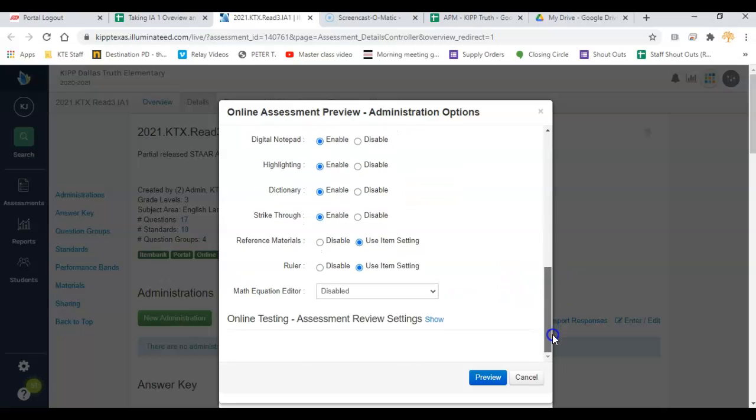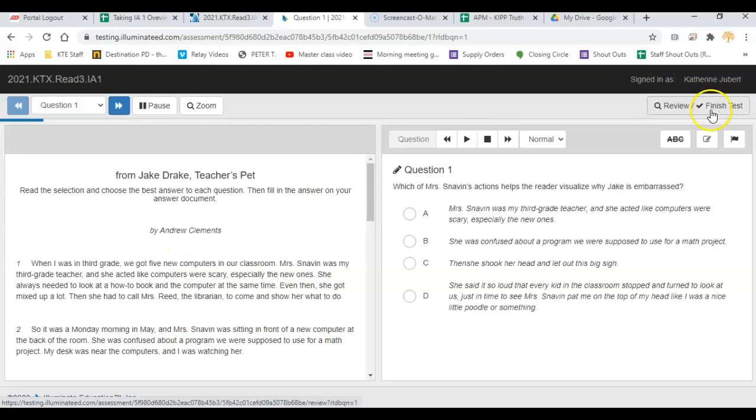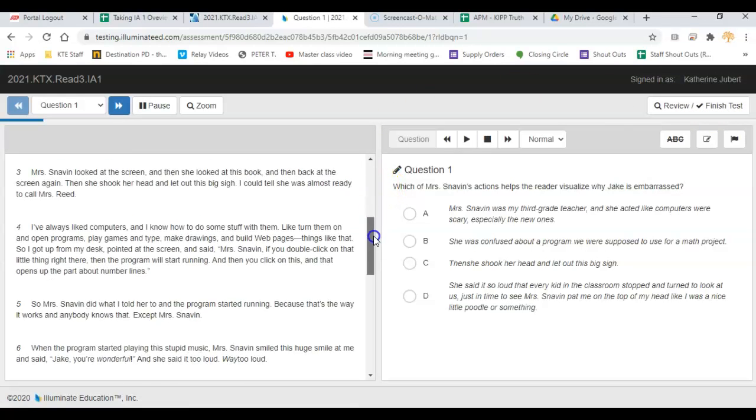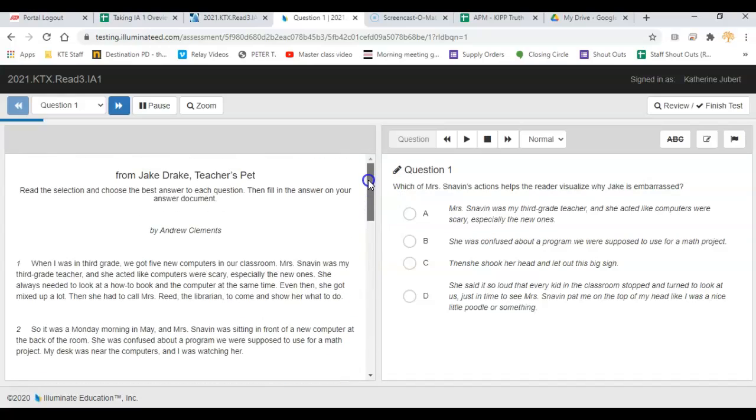And then I'm going to click Preview here. Once I click Preview, the actual assessment will open, and then I'm going to go through this as if I were a KIPster. So the first thing, obviously, I would do is read the passage. This is a star release passage because our interims are star released. But you can also see here, if I click on the play button,